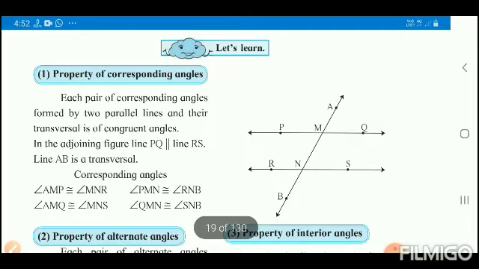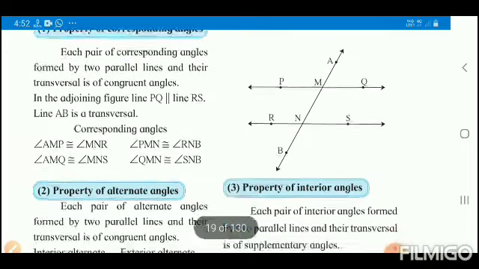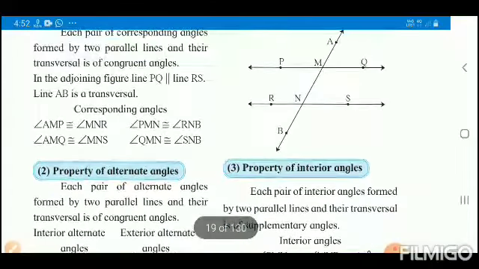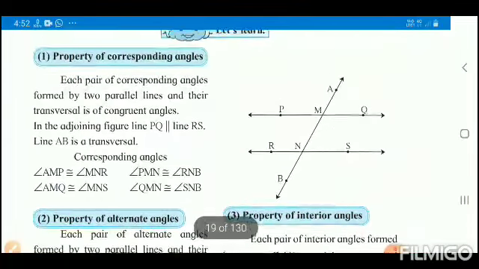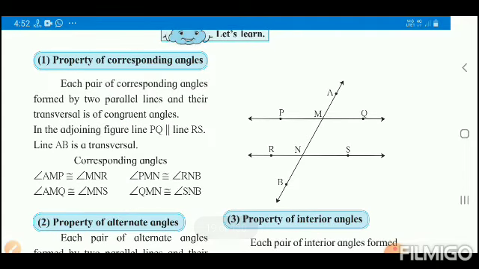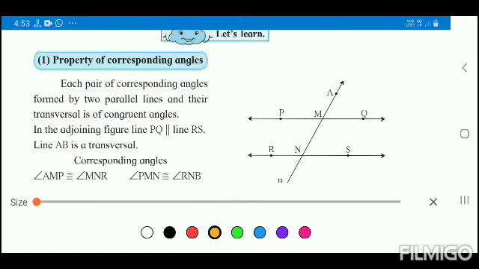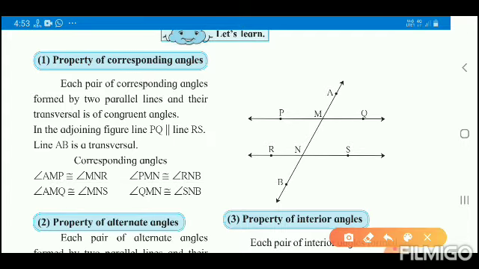These are 180 degrees. Here the interior angles are: measure of angle PMN, means this interior angle, plus measure of angle MNR, plus this angle, is equal to